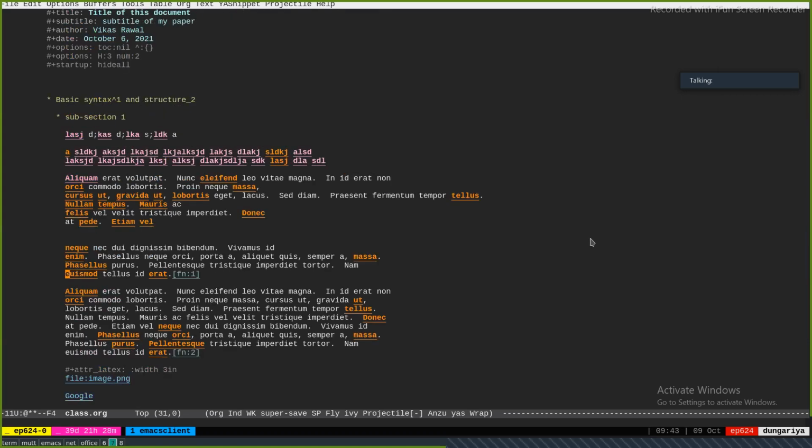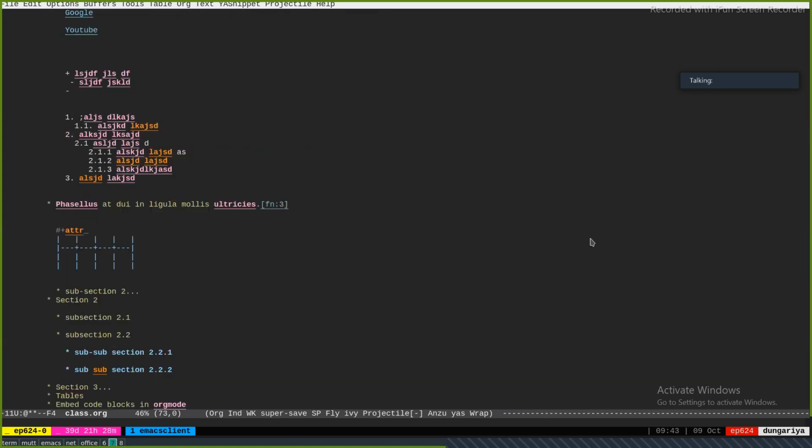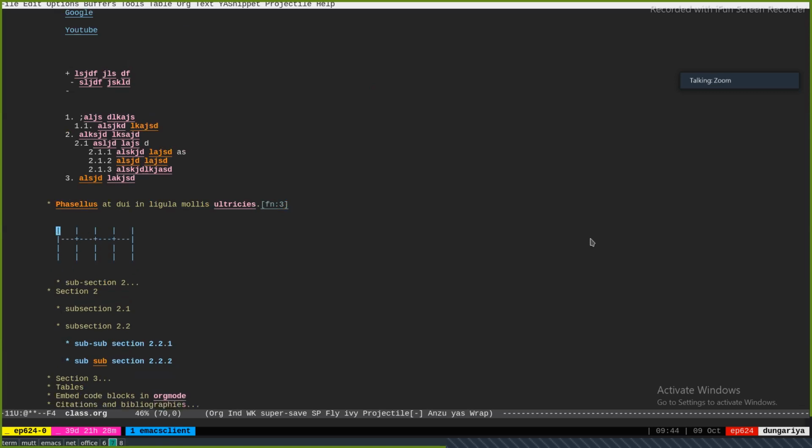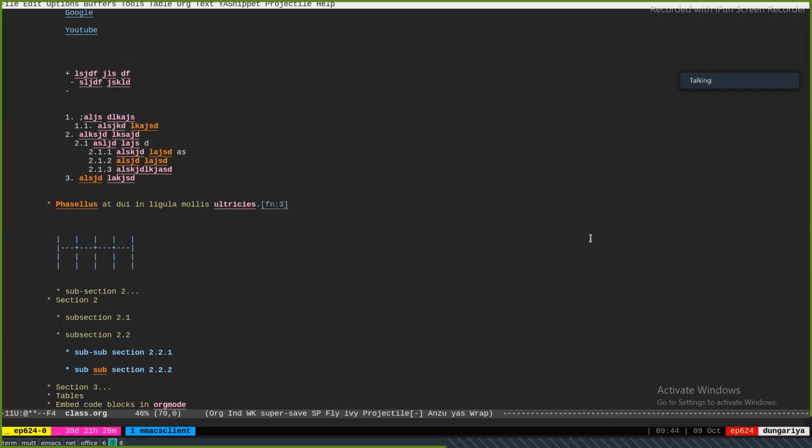Let me come to properties in a moment. What are the other kinds of links you could have? One thing you would have is, for example, a table is given a name, Table 1. And I could link to table 1. Now this links to this table. The cursor jumps here the moment I click here.